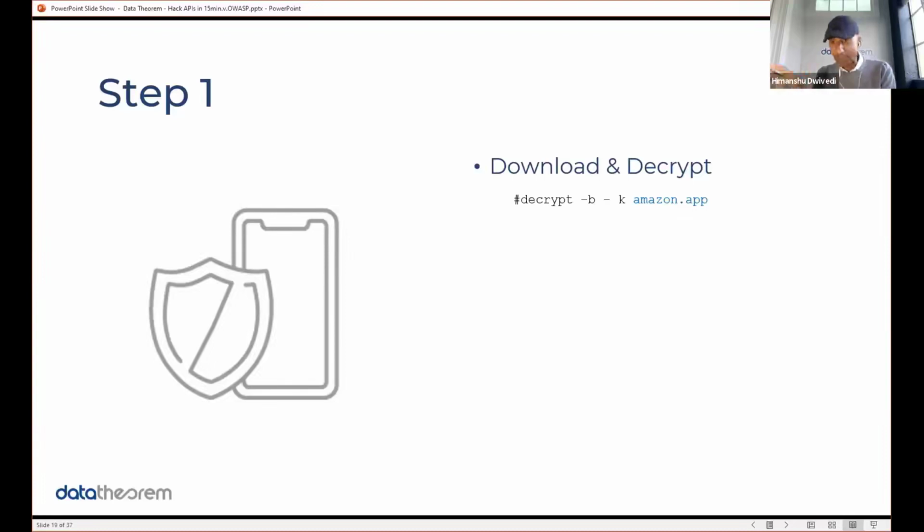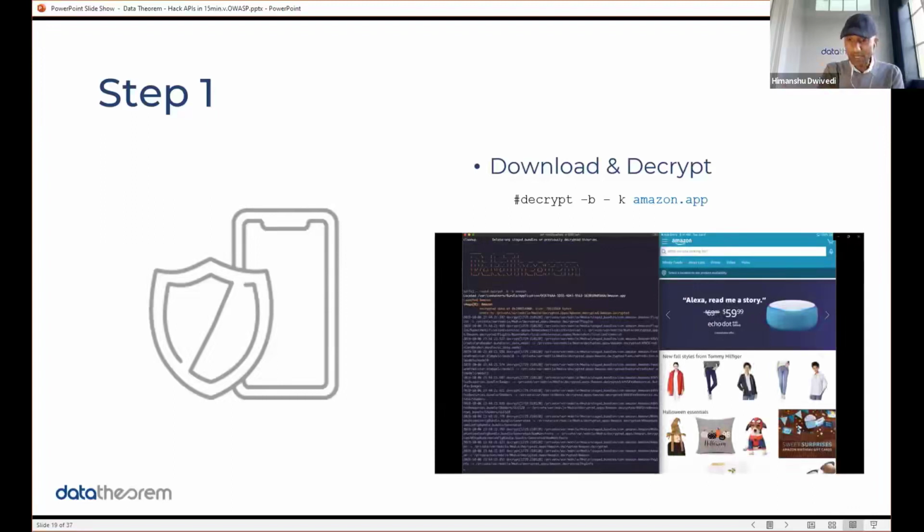We're going to go to the App Store, and we're going to download any app we want. I'm choosing Amazon because it's a random name that I remembered this morning. There's nothing wrong with Amazon. There's nothing wrong with the app. This is just an app on the App Store. So the first thing we're going to do is take an app from the App Store, and we've got to decrypt it. That's step number one. And here's a screenshot of us decrypting it.